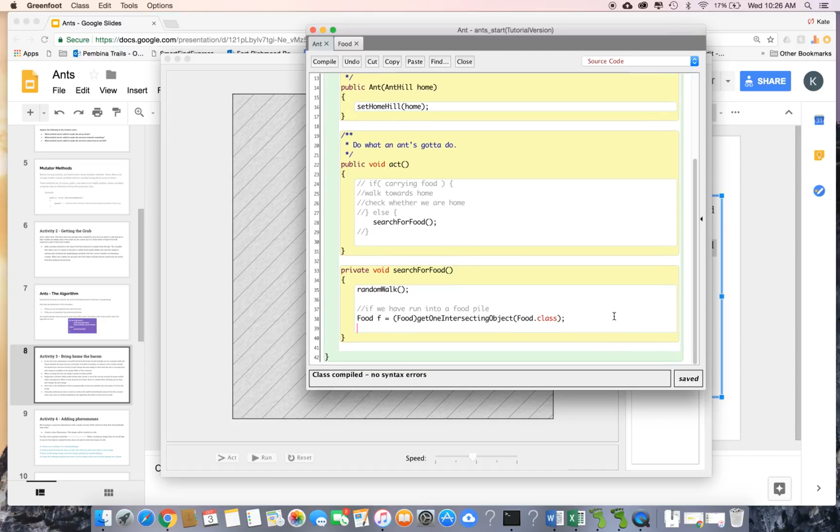So we've now checked to see if we've run into this pile. We've actually more so just put something inside food if we have. So we need to make sure if we actually run into a pile,